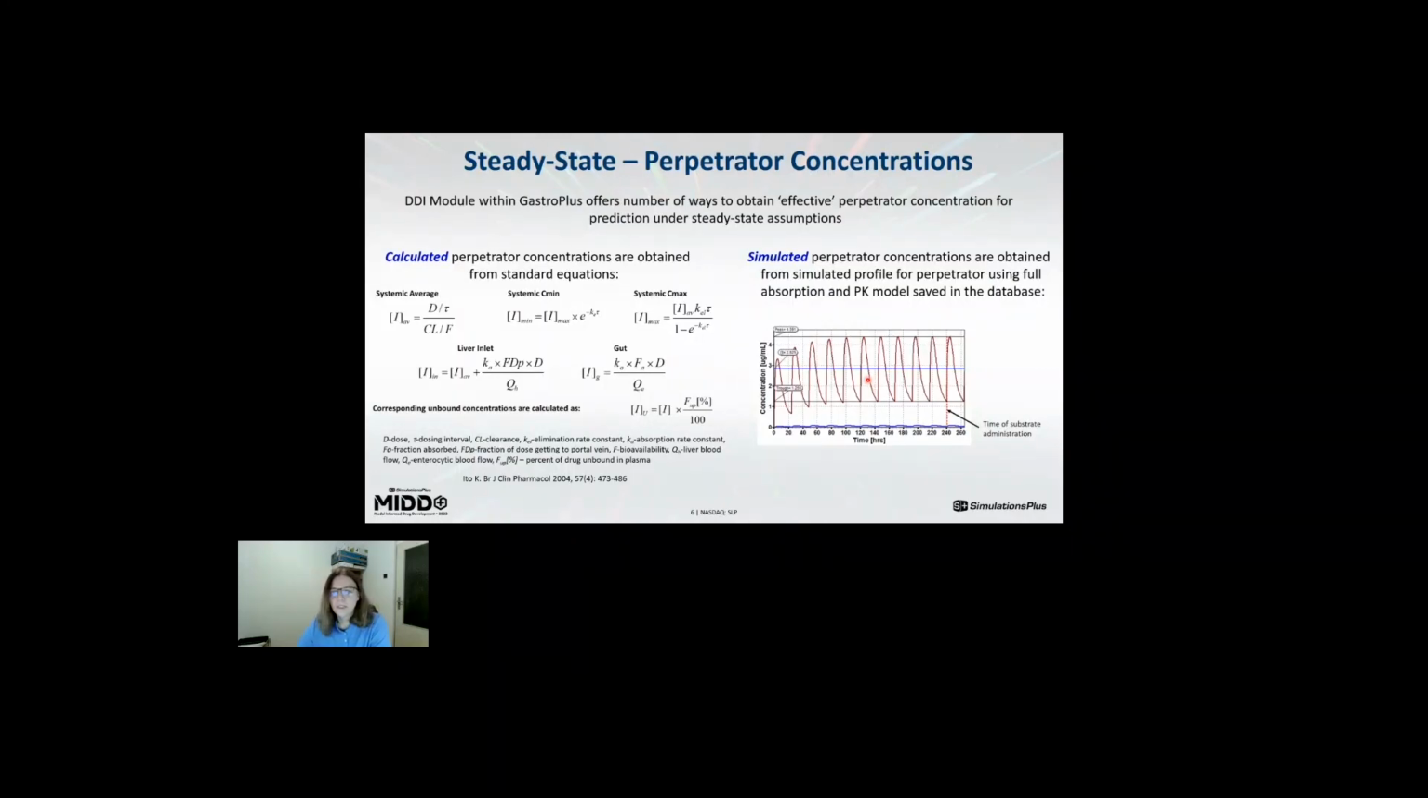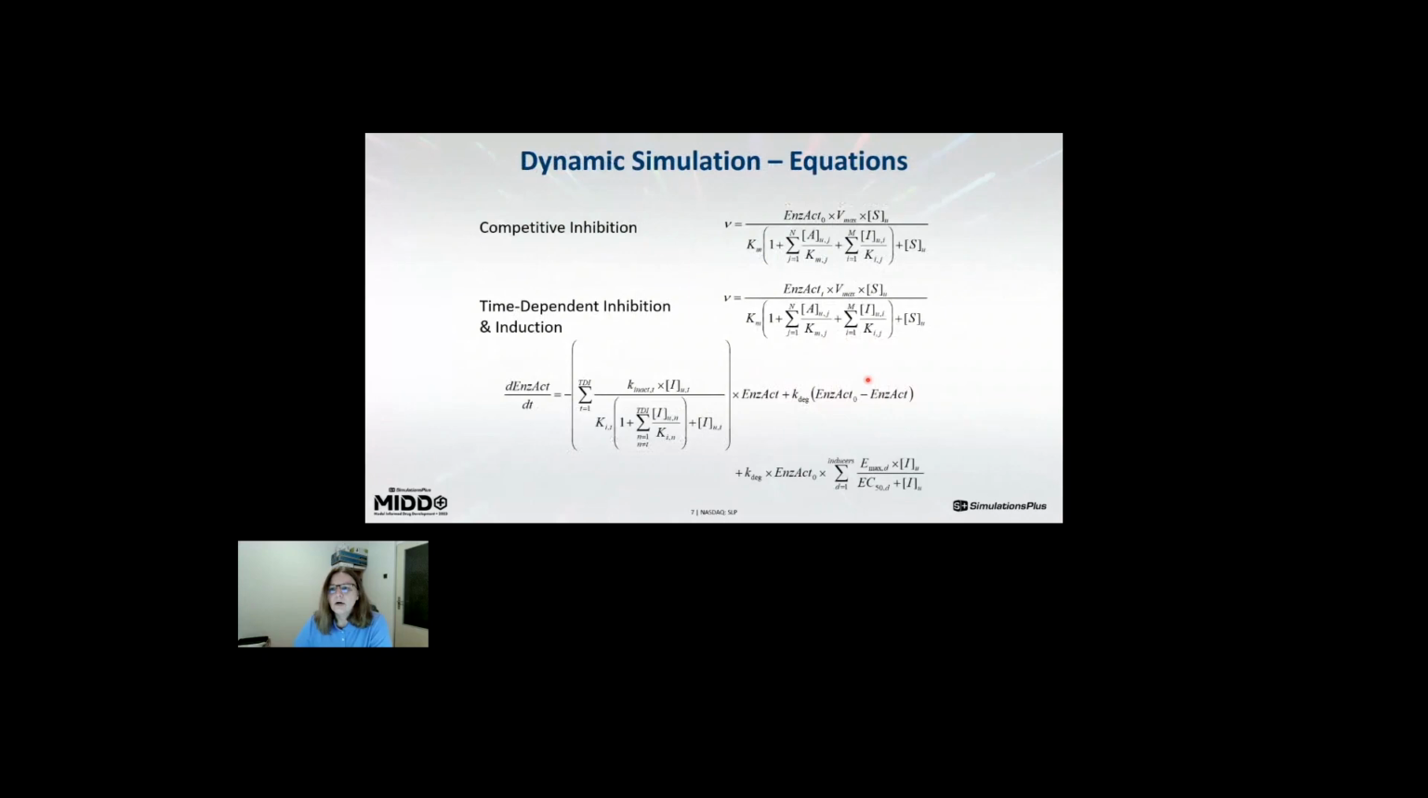For the dynamic simulation, this is where the power of this prediction really lies, running the full dynamic simulations where that impact is captured much more accurately. And again, we are using the standard equations for competitive inhibition, where the inhibitors are impacting the Km value of the victim compound, and time-dependent inhibition or induction, where the perpetrator is impacting the activity of the enzyme or a